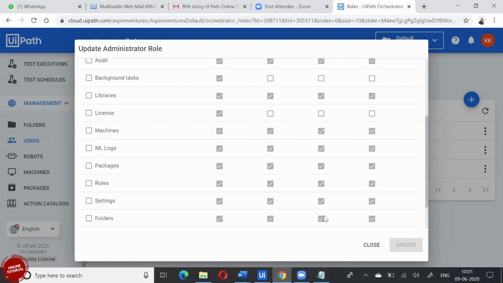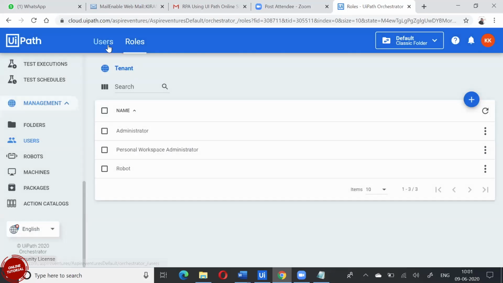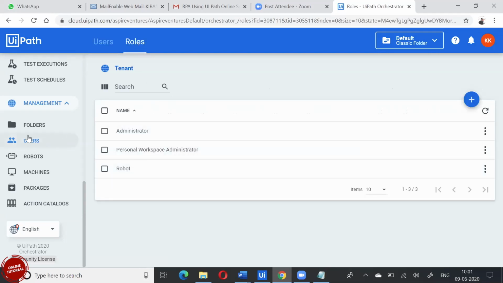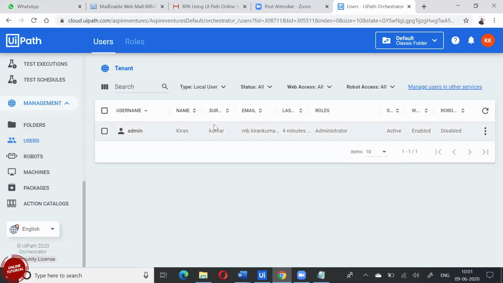That is how we categorize users. In your organization, you can have hundreds of users and hundreds of roles created. For one person, you only want to show users. For one person, you only want to show a robot. For one person, you want to show only machine. All that is possible. So that entire access control comes from here.